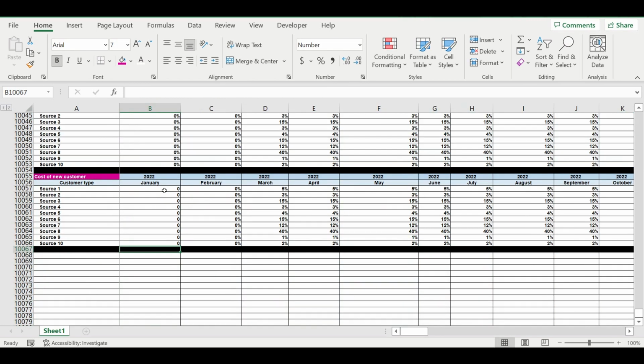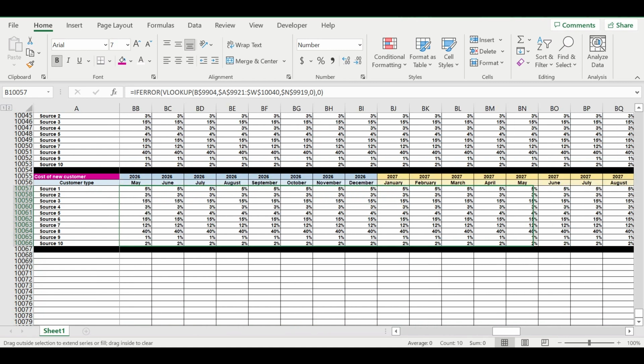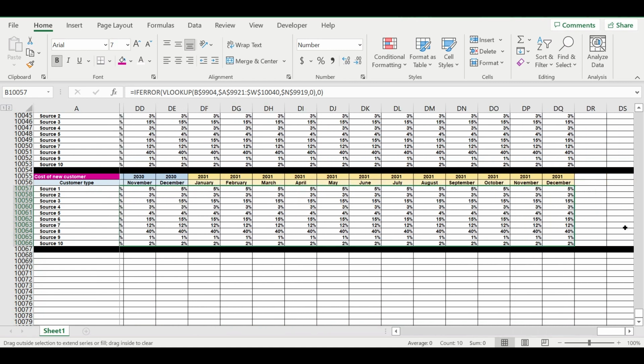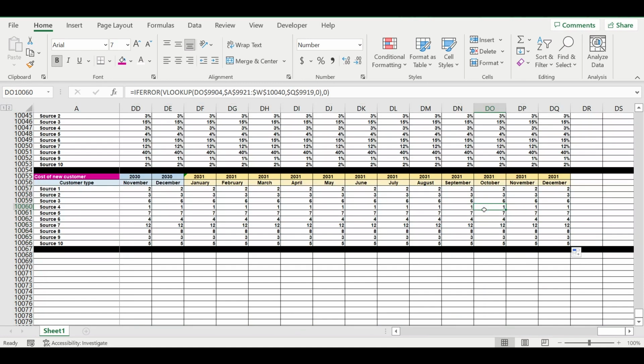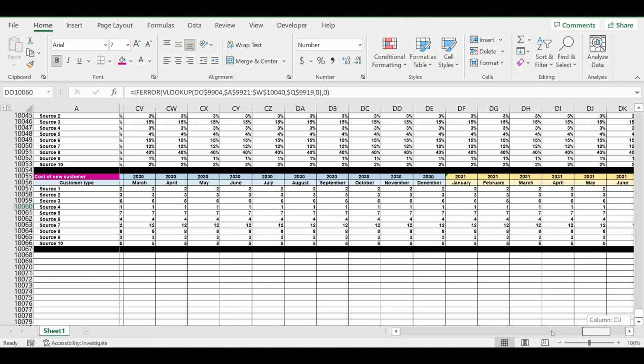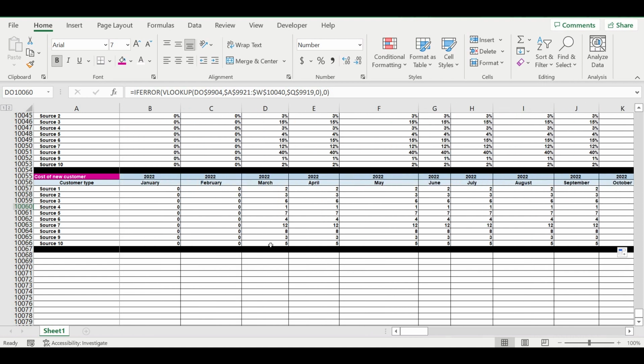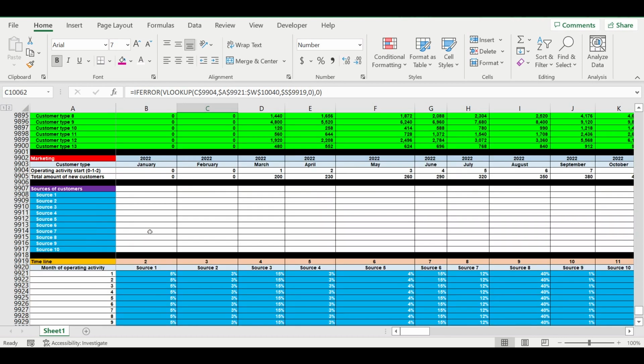And now we will do the same exercise for the cost of acquisition of one customer for each marketplace. So this is also a dynamic parameter. If the cost of acquisition will change after 1 year or 2 years, we can also adjust it easily. So here we have the total amount of customers, and now it's time to allocate them inside our sources that